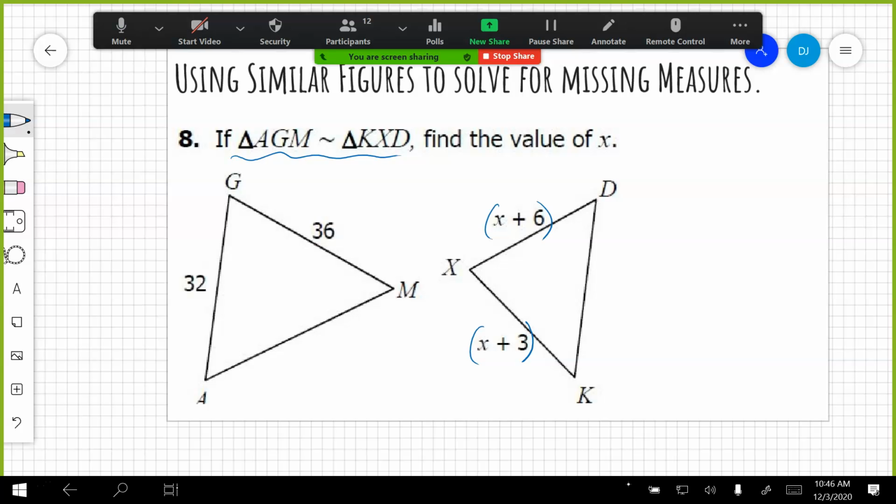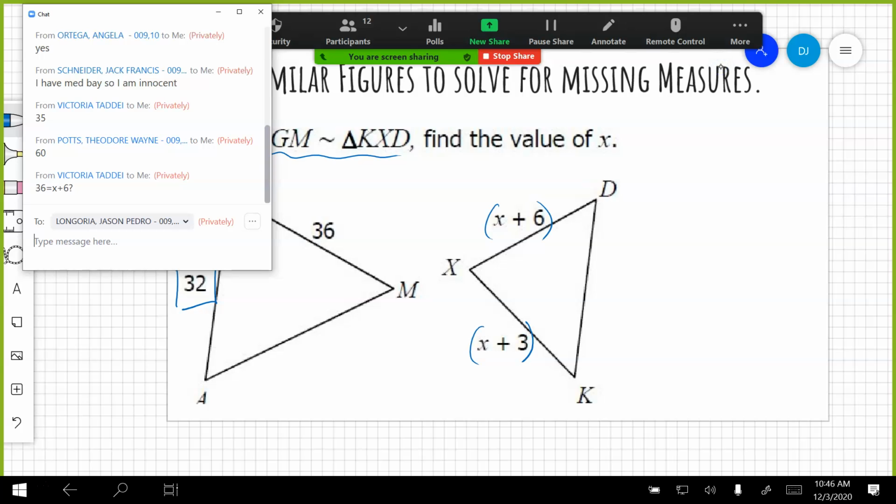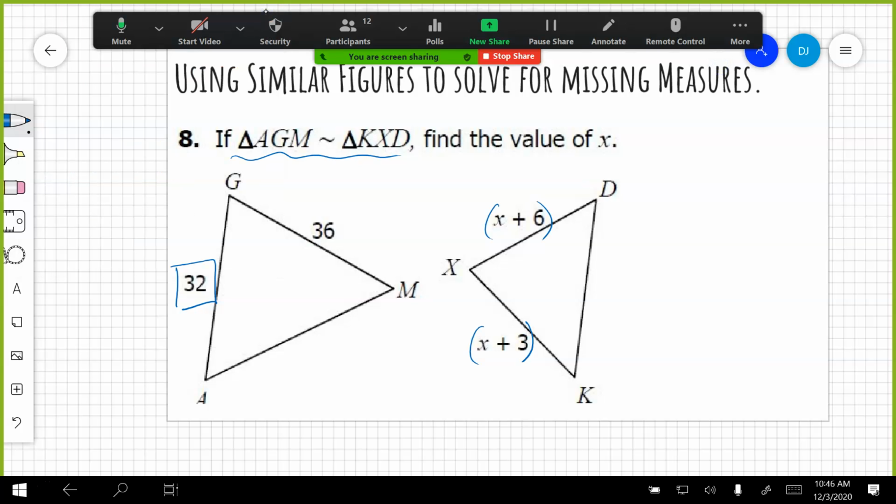Okay, so when we are looking for the two sides, we could start off with, Victoria, is there a way you can unmute? Does it work or is it not working? Because we have AG, which is going to give us 32. And if I take KX, which is going to be our corresponding side, K to X, that's going to end up being x plus 3. So it's going to be 32 divided by x plus 3 equals, okay, here's our other relationship,